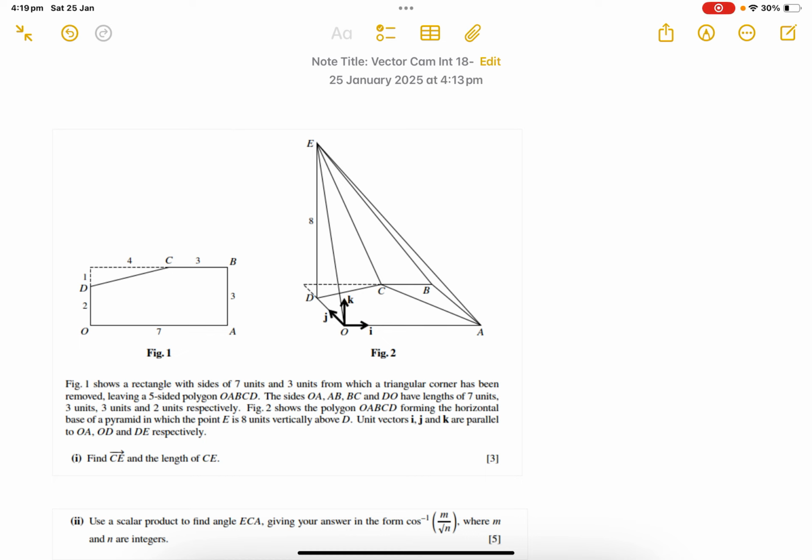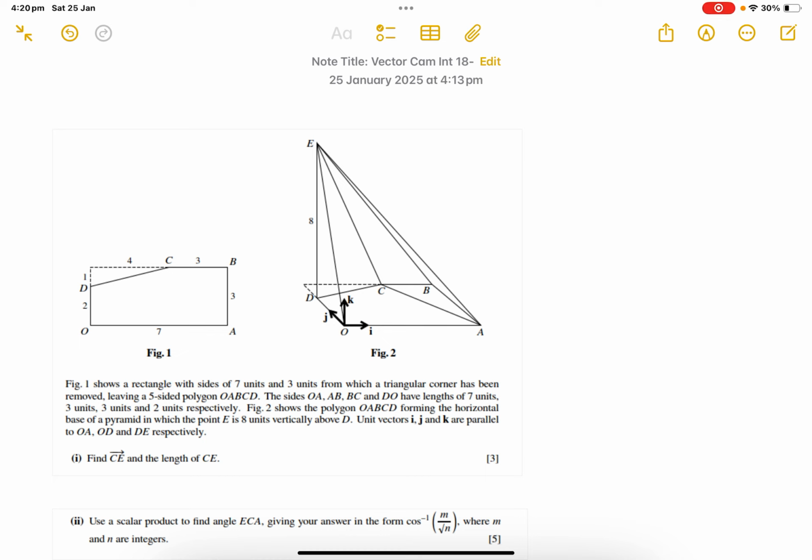It's a dotted line triangle, leaving 5 sides, a polygon OABCD. The sides OA, AB, BC, DO have lengths of 7 units, 3 units, 3 units, and 2 units respectively. Figure 2 shows the polygon OABCD